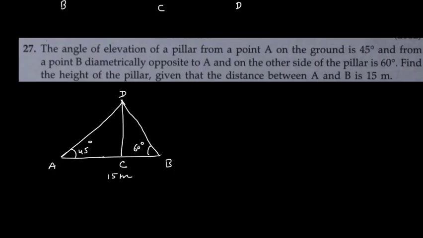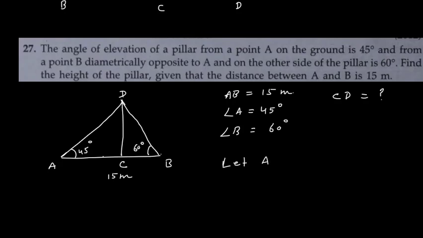Let us take this point as C and this point as D. Okay, so this AB is given as 15 meters, angle A is given as 45 degrees, angle B is given as 60 degrees, and I have to find the height of the pillar. I have to find the value of CD. CD is the question mark. Okay, now as AB is given, I will assume